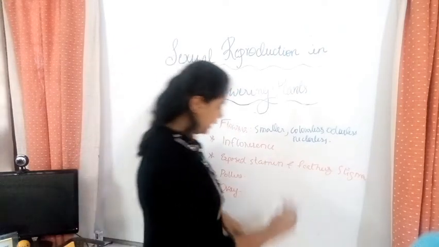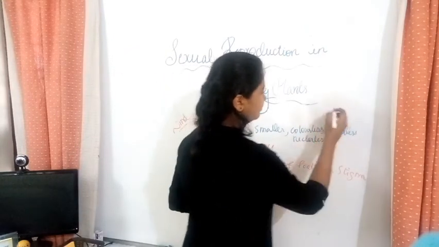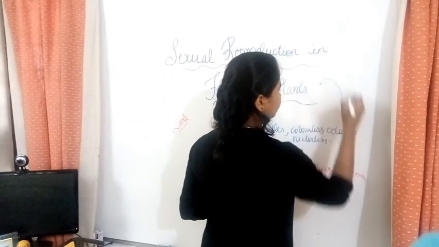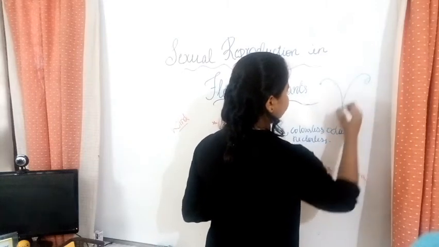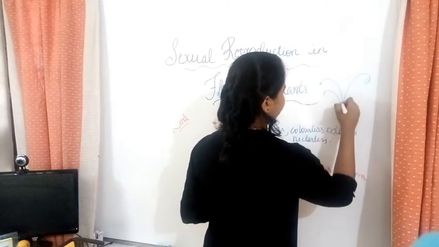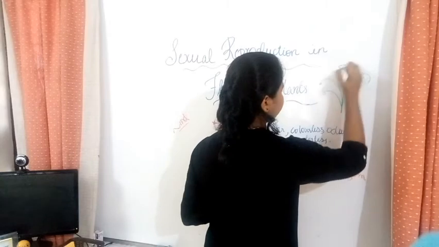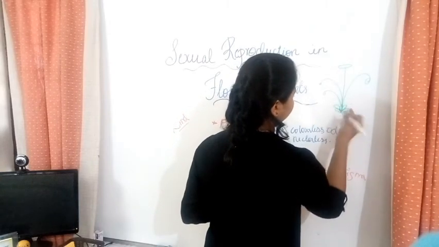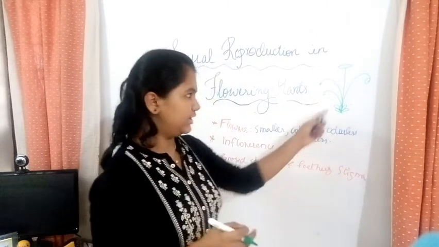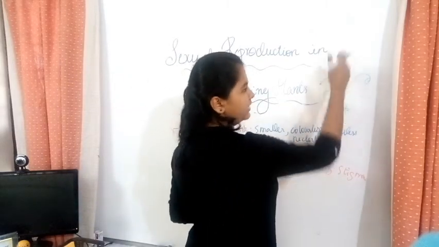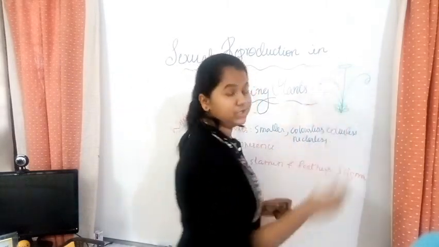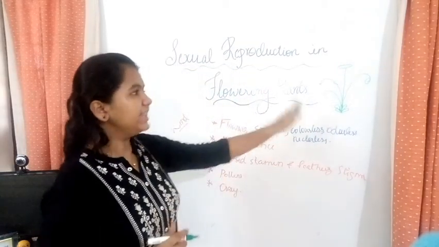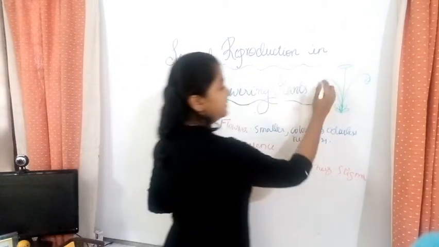Okay, so I'll show you. This is the stamen and this is the stigma and this is the flower. Okay, the flower is small, and I just showed it this big because it should be well exposed. And the stamens are well exposed.